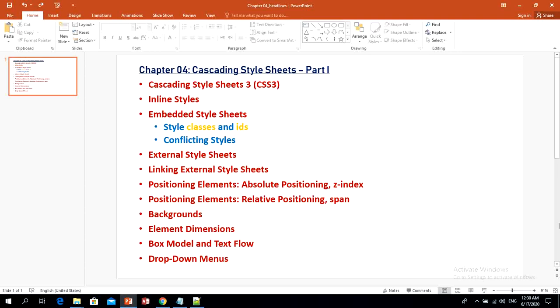Box model and text flow also will be considered in this lecture, in which we'll show you how you can control a box that includes text and how the text is flowing within the box. Then at the end we will show you how you can create drop-down menus. So let us start with the first